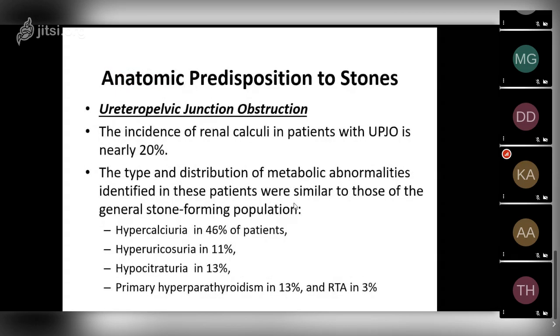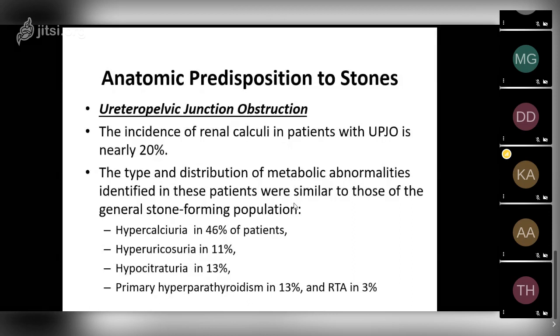When you look at anatomical predispositions to stones, as I have said, these are risk factors for stone formation. The first anatomical predisposition is ureteropelvic junction obstruction. The incidence of renal calculi in patients with ureteropelvic junction obstruction is nearly 20%. The type and distribution of metabolic abnormalities identified in these patients were similar to those of the general stone-forming population. They include hypercalciuria in